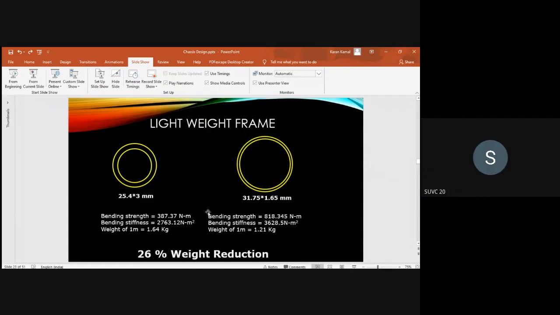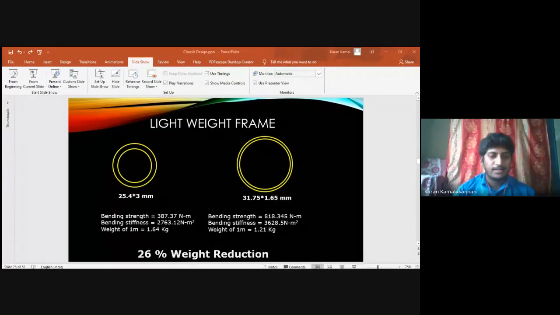Okay, I think Bharat has also asked one question. If I choose 1018, what are the things I should take care of, sir? So this will also give you some answer, Bharat. It is according to the rule book you have chosen, like what Karan has said. What you have to do is force equals mass into acceleration. You can reduce the weight by controlling things, like the customization part. You can reduce the weight by optimizing the pipe. So bending strength and bending stiffness has to come into play. And 1018, Karan has already answered, I think. Karan, go ahead. Yes. Okay. Coming to the next slide.